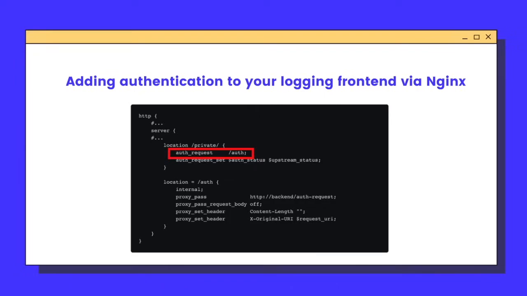And then we could configure Nginx, again, as mentioned in previous videos, to have these location blocks. The /private location would connect to /auth. And then we could make sure that if this was /logs, for example, that the user was logged in. Because with this auth request directive, if the user visits /logs and they're not an administrator, they wouldn't be able